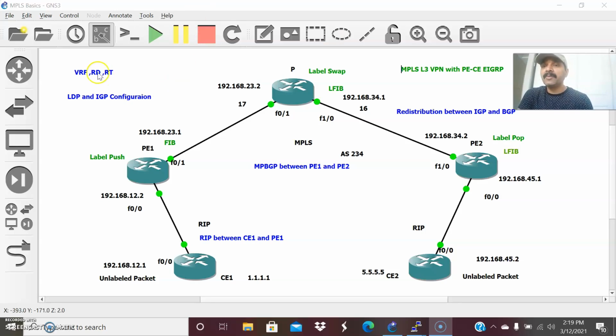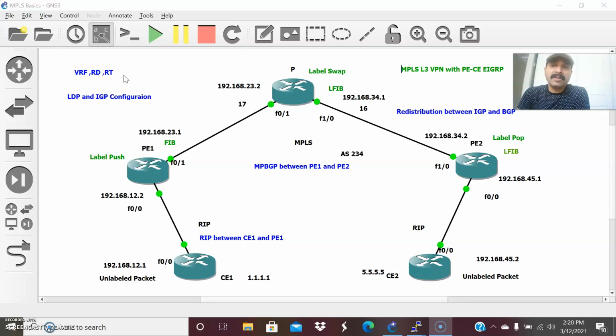Under this VRF, I will be assigning an RD. RD is an 8-byte or 64-bit value which is used to distinguish between identical customer routes. What it means is, say there are different customers using the same prefix, 192.168.1.0. To distinguish between these identical routes, I have to assign an RD. RD is the route distinguisher, which distinguishes one customer from other customers. They both can use the same identical routes or prefix value. So for distinguishing we use this RD, which is a 64-bit value.